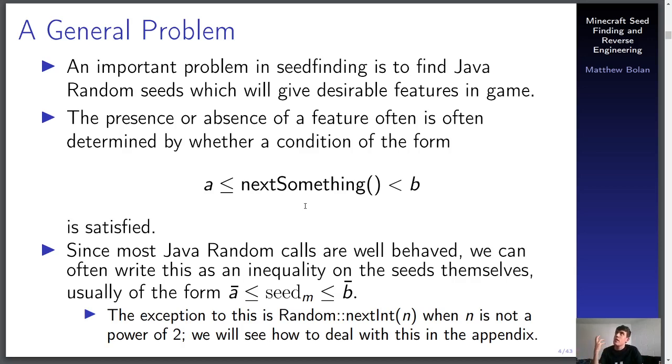And that's mostly true. We can find those a bar and b bar for basically any method in Java Random. The major exception is nextInt when you call it with an argument that is not a power of 2. That one ends up being really annoying to deal with. We can handle it in the general theory, but I'm going to need to establish the entire method first, and so I've hidden the explanation for that in the appendix. It's not so important, but yeah, you need some extra tricks for dealing with that one. But for the most part,